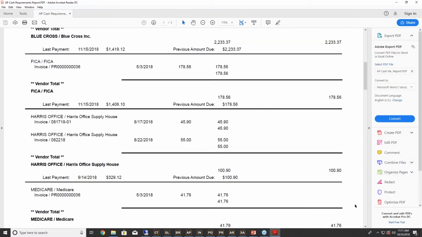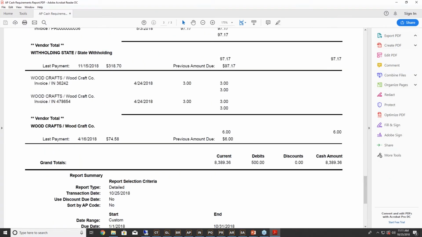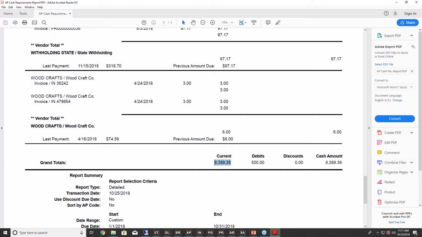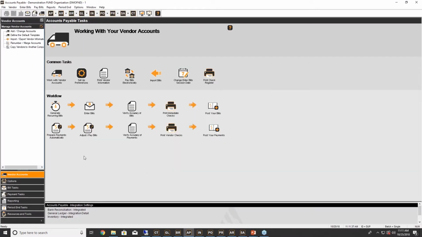At the bottom of this report, I see a total of all invoices that are due and payable: total amount due, current invoices, this amount, then I have current debits or vendor credit memos, and then the total cash requirements needed to pay those bills. I run that report, and if your organization requires any kind of an approval process for paying bills,